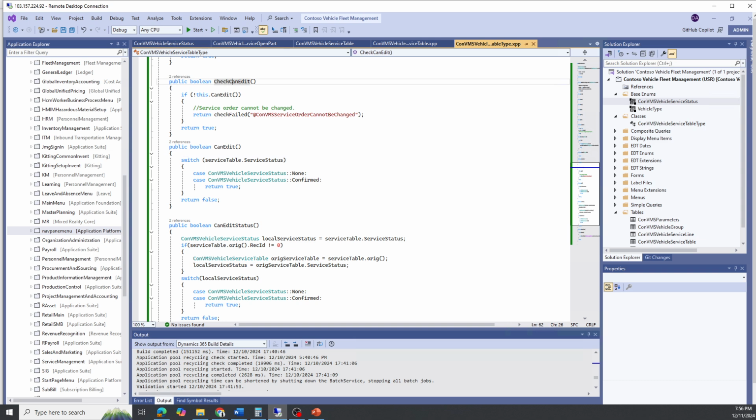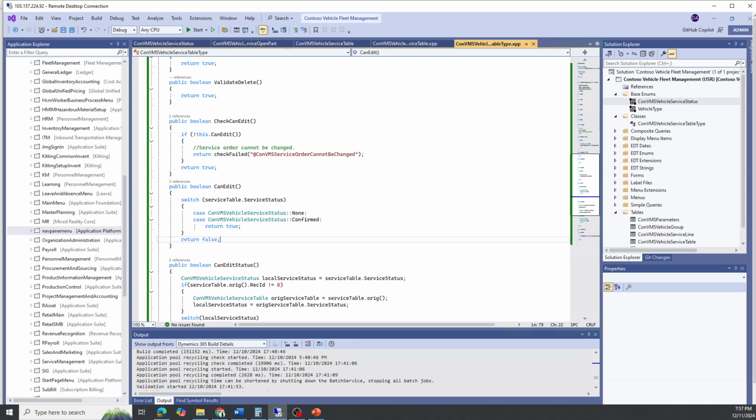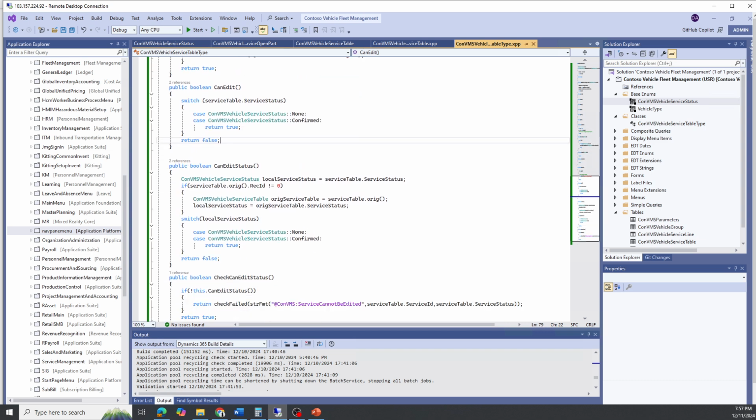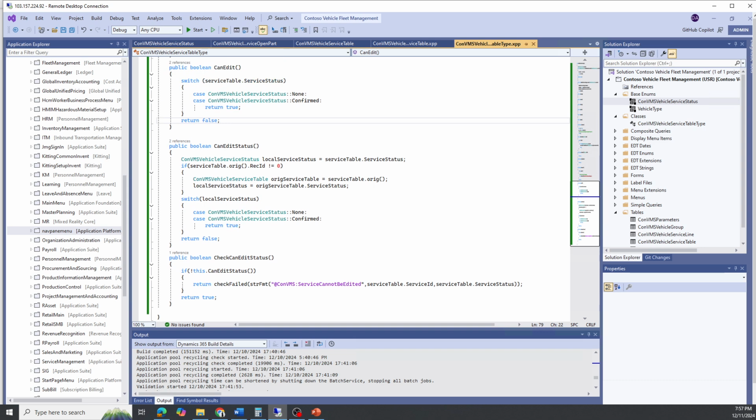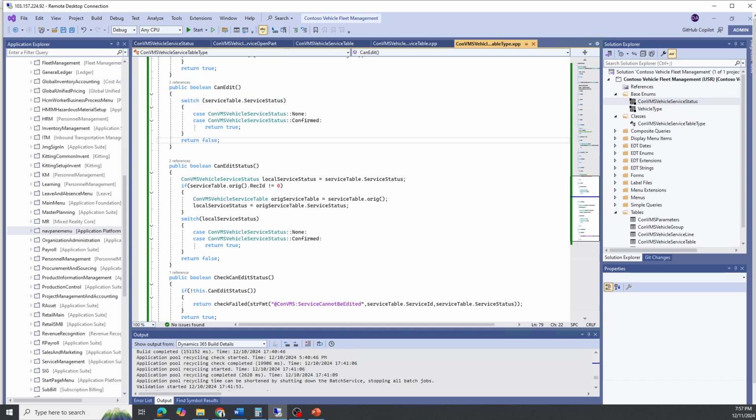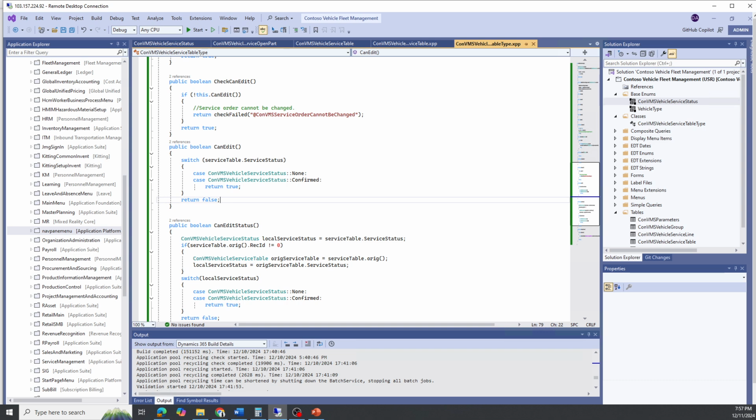So I will type in the can edit field like this, public boolean can edit. We will change this, one minute. Check can edit. This is for status. So now this is the can edit, and what we are going to do over here is,